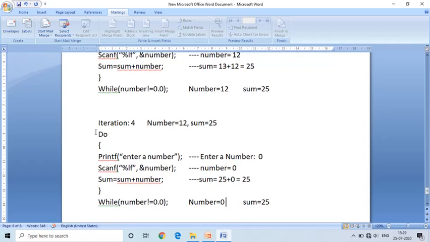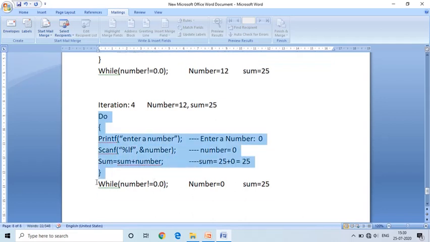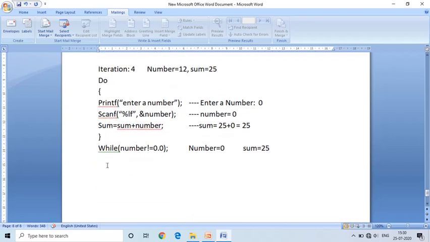Then it executes the while condition. While number not equal to 0, number is equal to 0, so 0 not equal to 0 is false. That's why it exits from the do while loop.